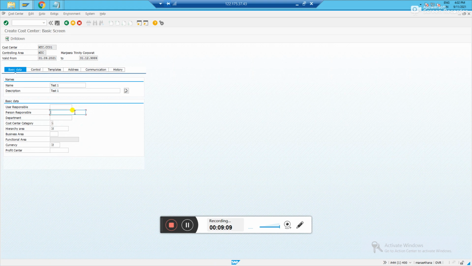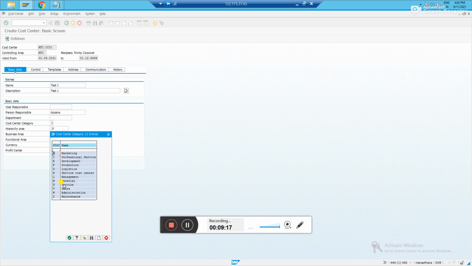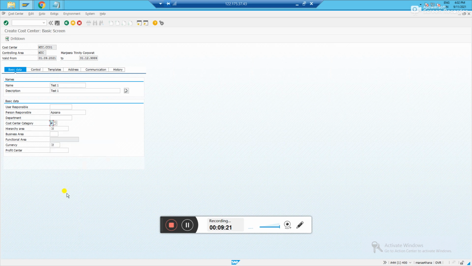The responsible person, you just name it, whatever name you want. And category, in a sense, which category this cost center belongs to, which is administration. I put W. And hierarchy, whatever hierarchy you have created, and what is the currency and what is the profit center. Okay, these are the mandatory fields.